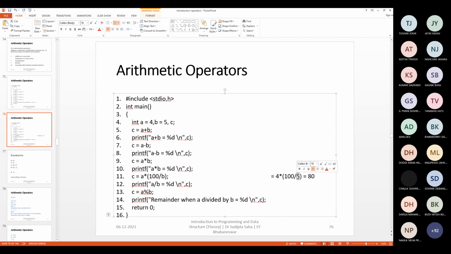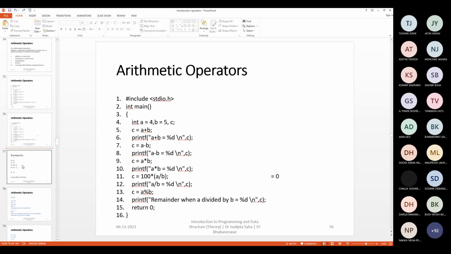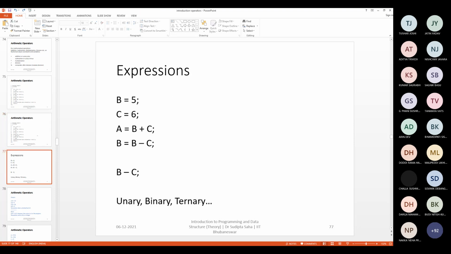So when you have an expression, let us take an expression and explain that. So these are expressions. Okay, b is equal to b minus c, a is equal to a plus b plus c. Some other expression can be like b is equal to c into b plus 5 by c plus 7 by a plus b.